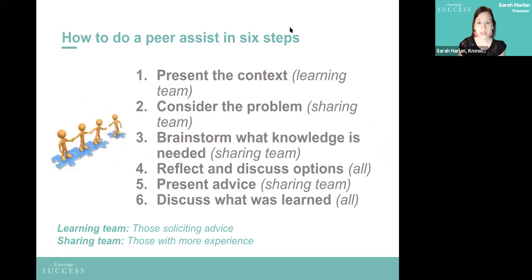So these are the 6 steps of a peer assist. So first, the learning team presents their context. They keep it short, no more than 5 minutes, and they really focus on the main challenges and the main questions being asked. And then the sharing team considers the problem and asks clarifying questions. Next, the sharing team brainstorms what the learning team needs to know and where they can find that knowledge. After that, all participants reflect and discuss options, and then the sharing team individually presents their feedback, suggestions, and advice